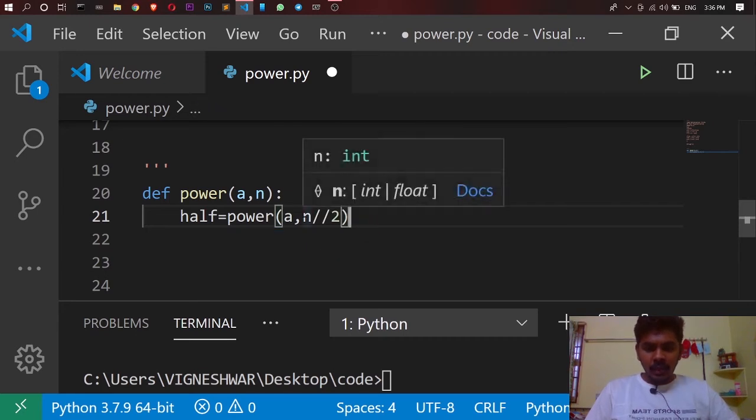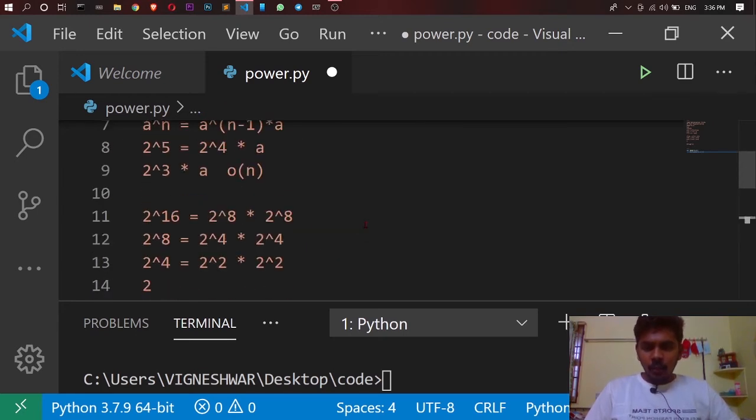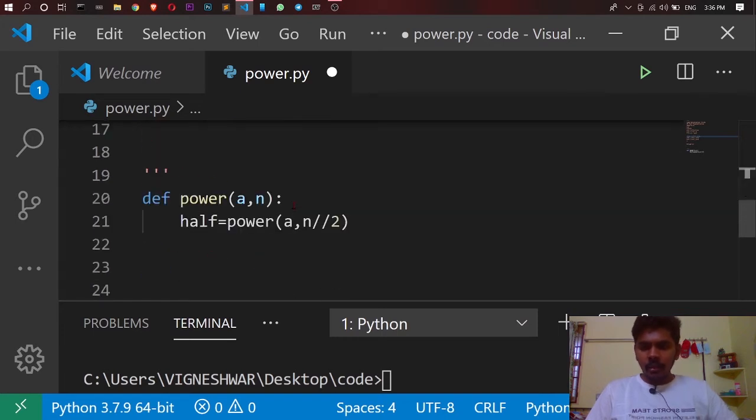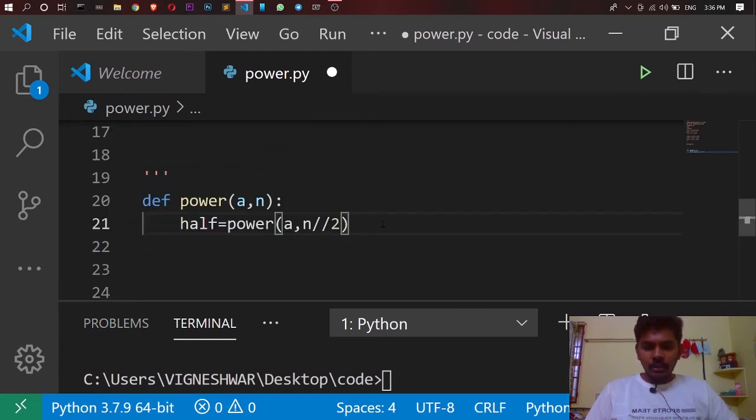Why I am finding n by 2 is that if you want 2 power 16, you just make it half and multiply it 2 times, right? So I am just using recursion to call it a second time so that I will get the answer for 2 power 16. So 2 power 16 will become 2 power 8.